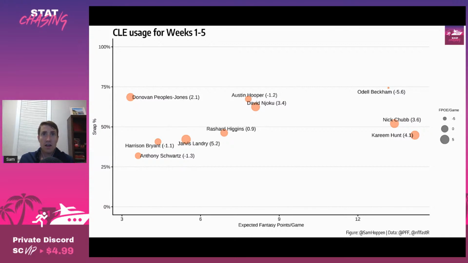And David Njoku actually looks like the second best option to invest in for this passing attack, as he leads the team in weighted targets per route run at 0.66. He has a route rate of 50%, which isn't great, but he's been efficient and has the second highest target share on the team at 16%. But he's nothing more than a tight end 2 right now, might even get traded before the trade deadline.